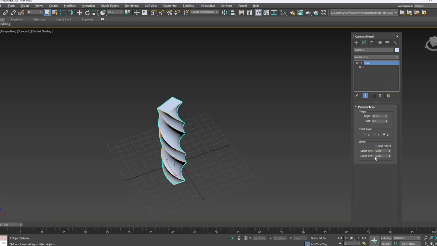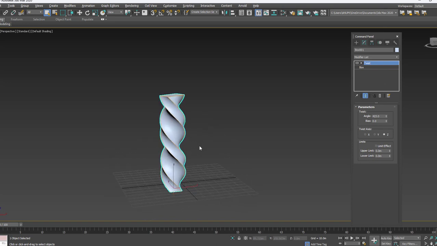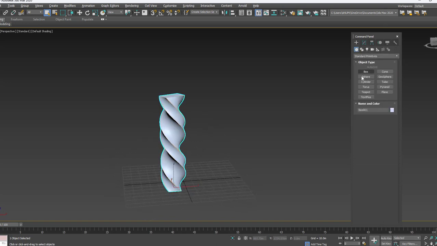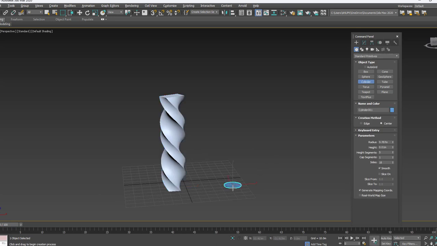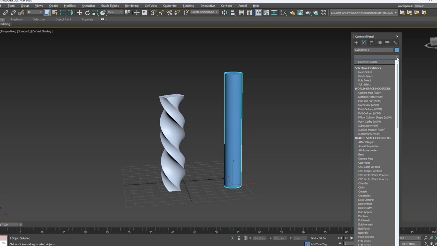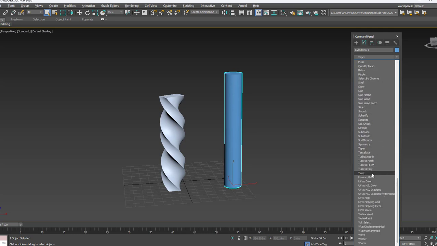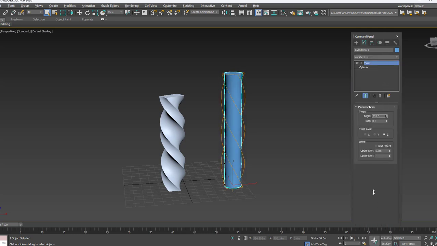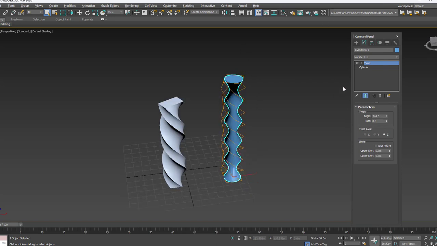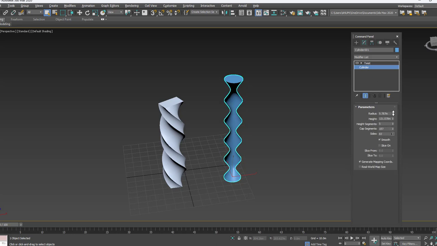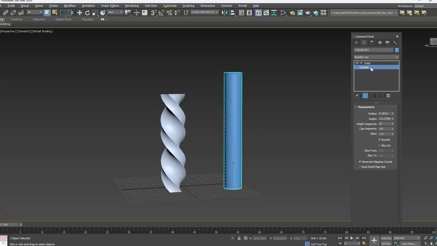So in order to make an architectural column, you can go with the twist command. Same thing, I go with the cylinder to make a circular column. From the modifier list also you can twist it. For that I am typing T, twist, and you can twist it. So in order to get more twist, I am just going with the cylinder and then increasing the cap segment, sides, height segment, so that easily we can twist it like this.